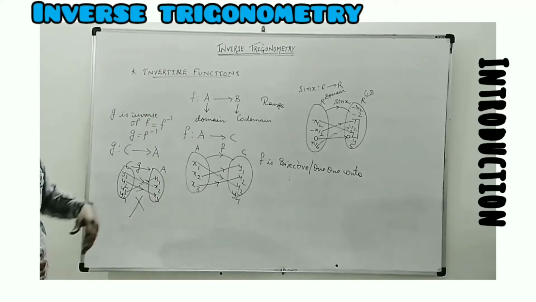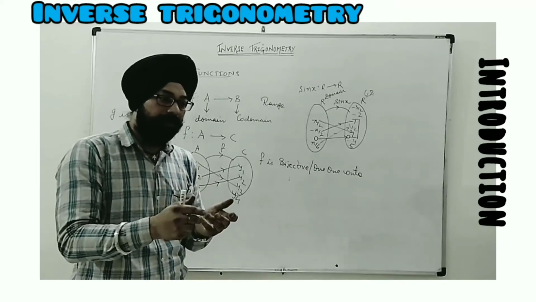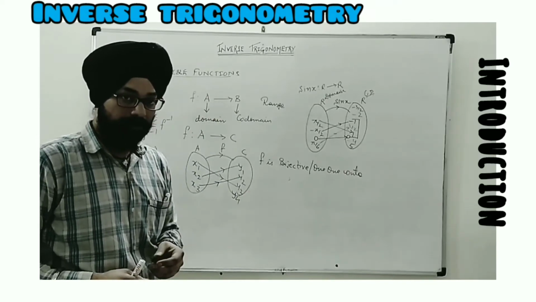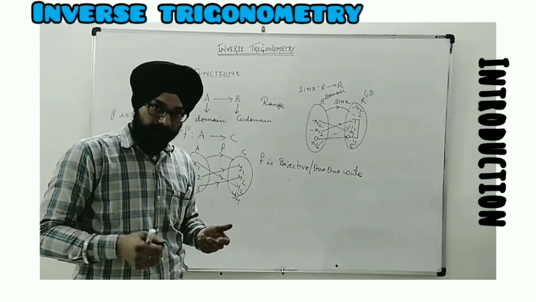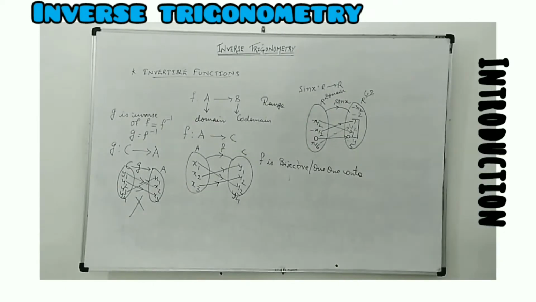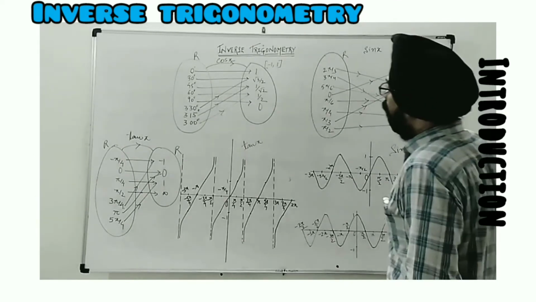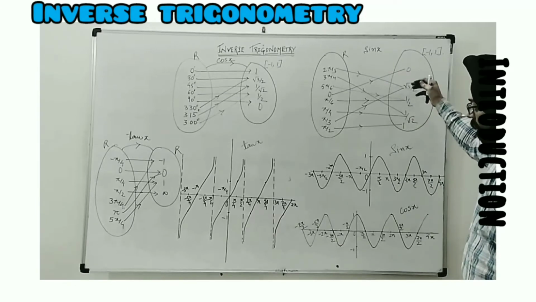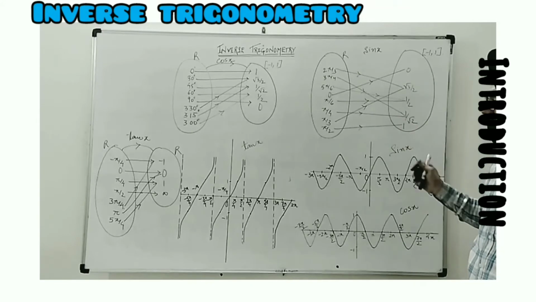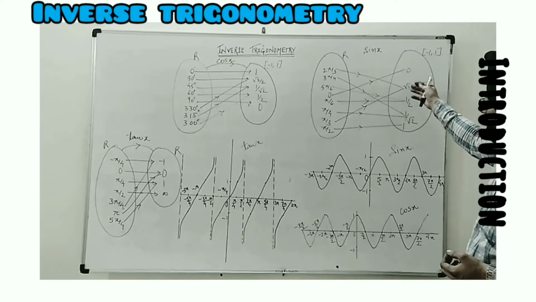Now we are switching to inverse trigonometry. If I want to start this topic, I need to see whether each trigonometric function is invertible. We will think about whether these functions are invertible or not. Now we will see whether the functions we consider in trigonometry are bijective or not. I have taken help of their graphical presentation and also of an arrow diagram. Through the arrow diagram, I will explain.